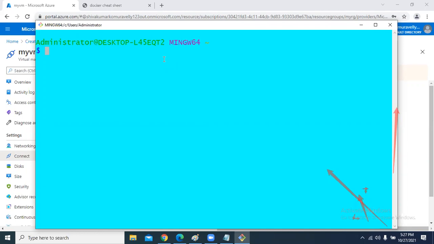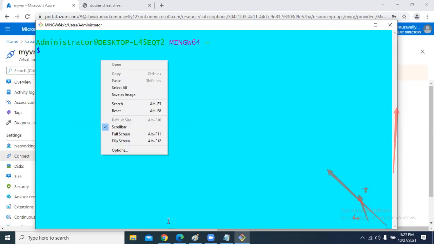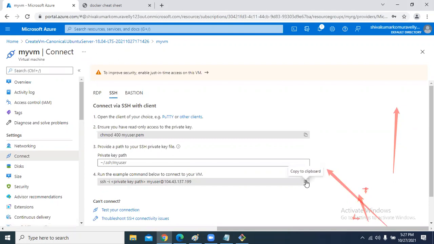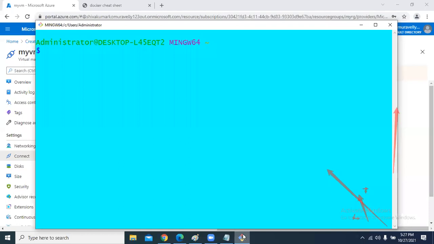Whatever command you have copied from there. Okay, I think I did not connect yet. Copy this example command. Go to Git Bash. This is the command to connect to your virtual machine. SSH is the protocol name.